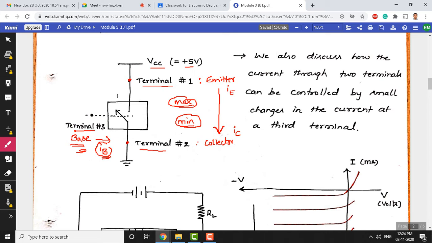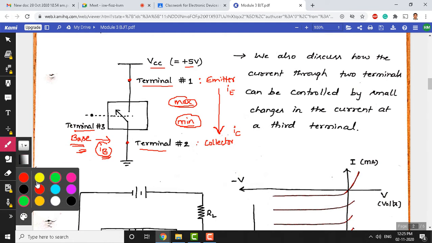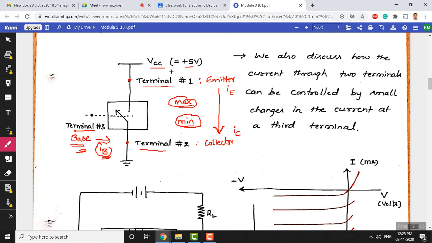This can also be connected with the field effect transistor, which is what we are going to discuss in the next module. Even the terminologies are analogous: for BJT we used emitter, collector and base, and for the field effect transistor this 3 terminal concept also holds good. So terminal 1, in case of BJT, is an emitter. What may be the equivalent in FET? Anybody can guess here? Any guesses? No guess. What is the equivalent of emitter in FET? Yeah, it is source. That is right, source.